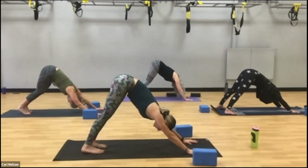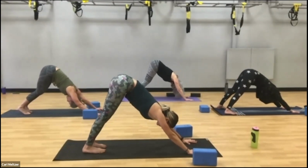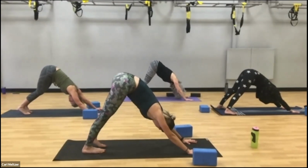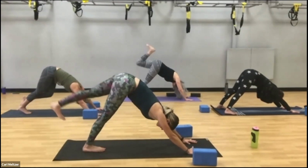Shoulder blades back, and again, just pausing in your downward facing dog. You can push the chest towards the side. And maybe shaking out the head. Yes. No. Then on your next inhale, coming into three-legged dog on the opposite side, so lifting that left leg up